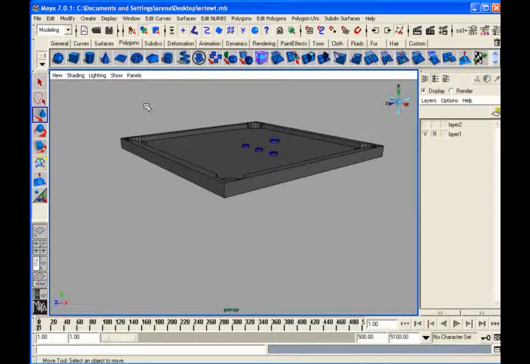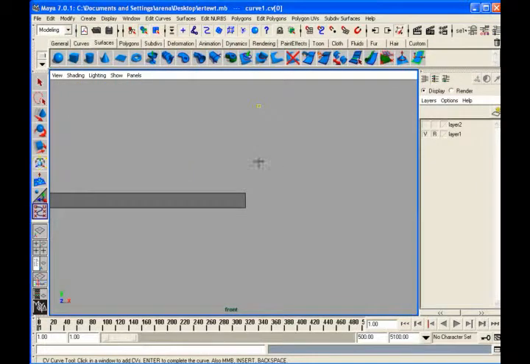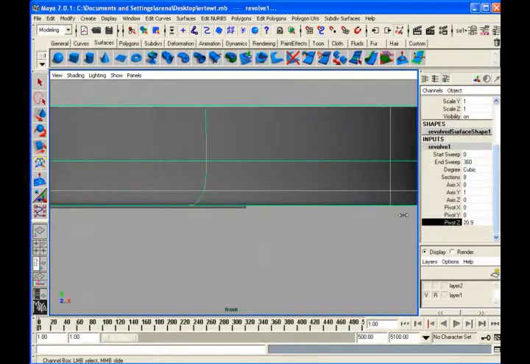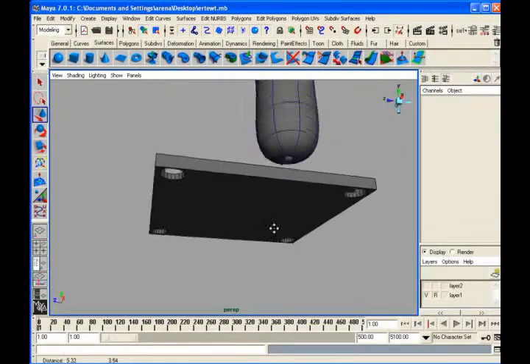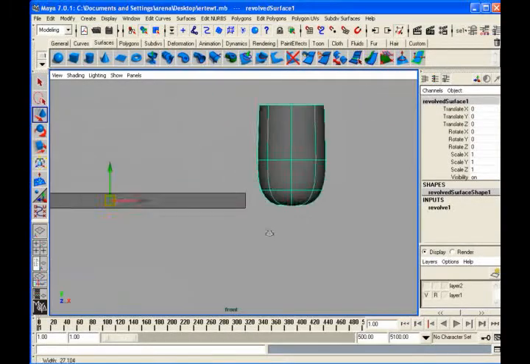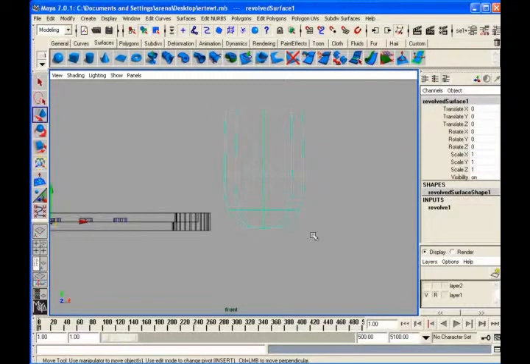So what I will do is go for my surfaces, go to front view. I'll go for the CV curve tool and start creating something like this. Then say surface revolve, then go to the end sweep and all those things. Just adjust this like a pocket or something. Press 4. I want to close that down part because simulation doesn't happen on this, no problem at all. You can just make it like this.